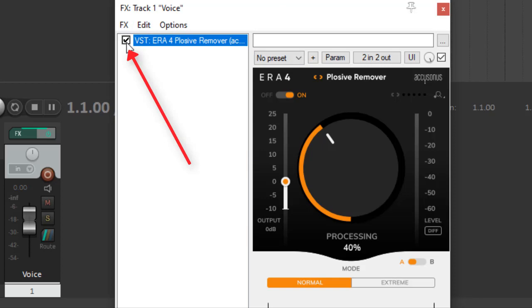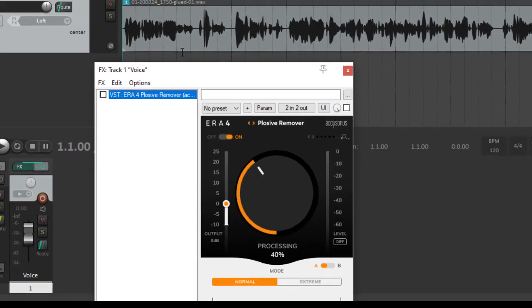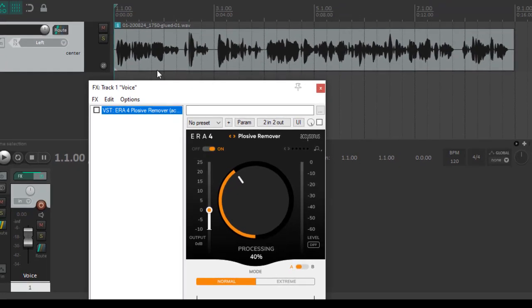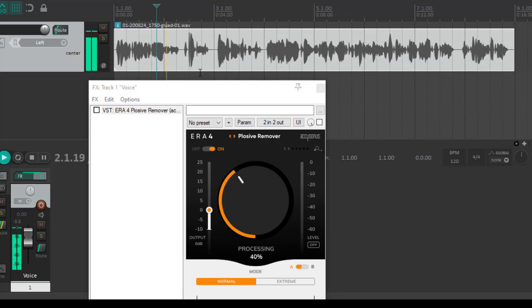So I'm going to take the check mark out of that so we can hear what this sounds like without the Plosive Remover in. Okay, so remember those two places right there. If I put a check mark in there,